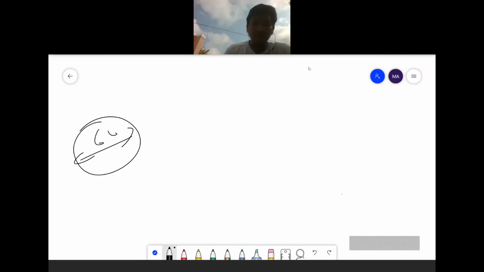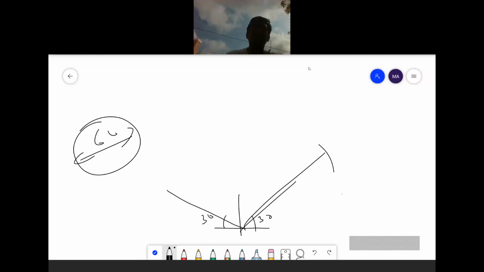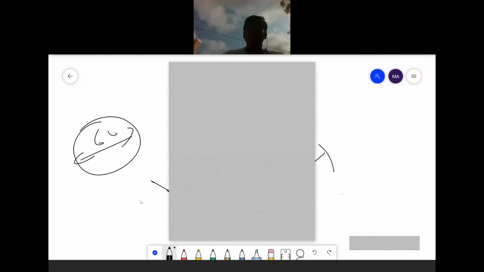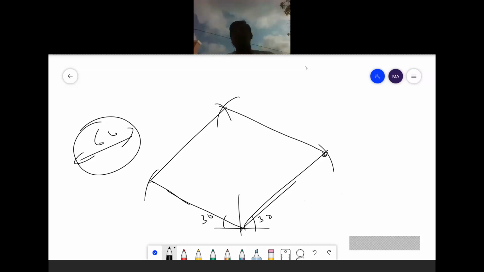So, first, I will take 30 degrees this side. Then the given diameter is 60, so I will take this side as 60, this side as 60. Again from this point, I will cut 60 here. Join these three, and I will form a square of 60 mm in isometric projection.